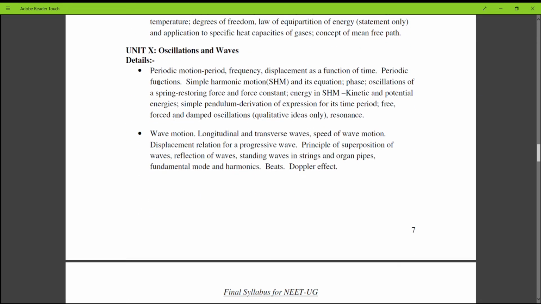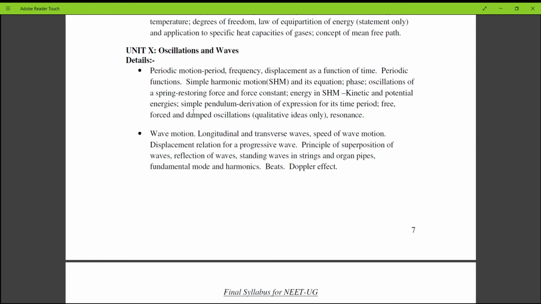Now the last unit, that is unit 10, oscillations and waves. First topic is periodic motion, period, frequency, displacement as a function of time, periodic functions, simple harmonic motion and its equation, phase, oscillations of a spring, restoring force and force constant, energy in simple harmonic motion, kinetic and potential energies, simple pendulum, derivation of expression for its time period,